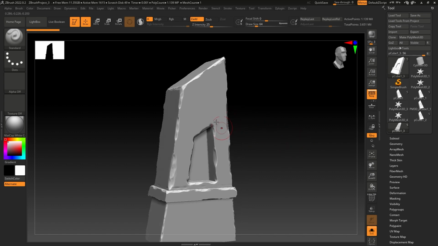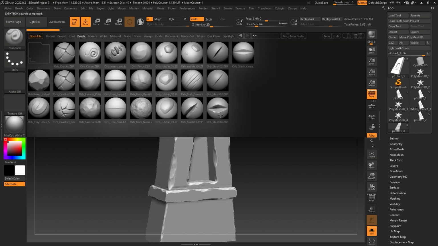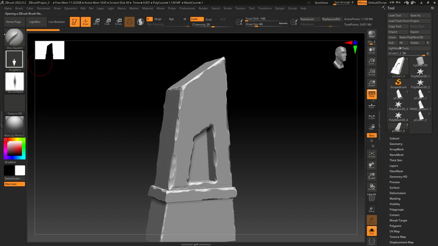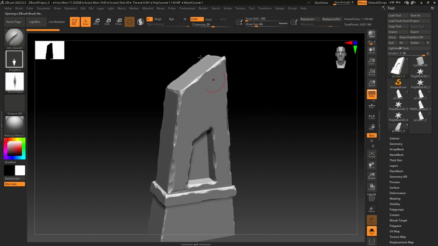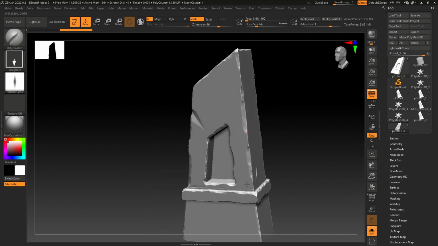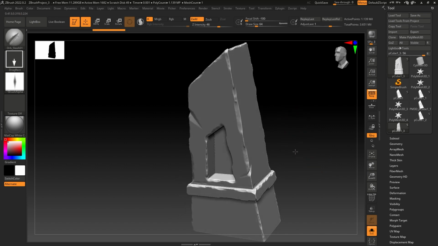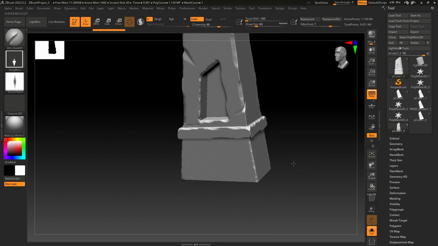So to add some more damage on this obelisk, what you can do is you can use the O brushes. I'm going to go in my brush and select this slash, and let's increase the intensity a little bit and add one like this and one like this. You can also add a few down here,